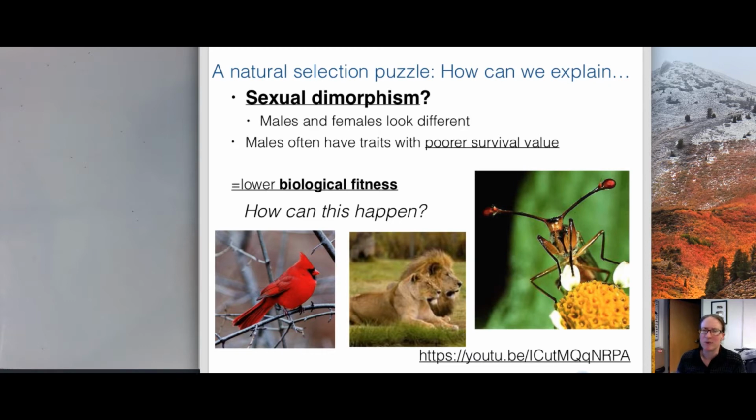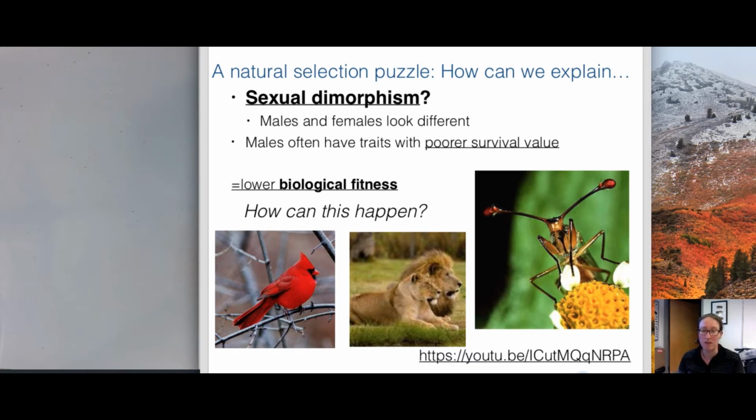So here's our first puzzle. Our first puzzle comes from an observation that is now referred to as sexual dimorphism. And in a nutshell, sexual dimorphism is cases where males and females of a species look very different from each other. So we observe this in a lot of cases in nature, and so we want to know why this happens. And along with this, in particular, in a number of cases where males and females look different, often we've noted that the males in particular have traits that seem like they're going to give the males a poorer